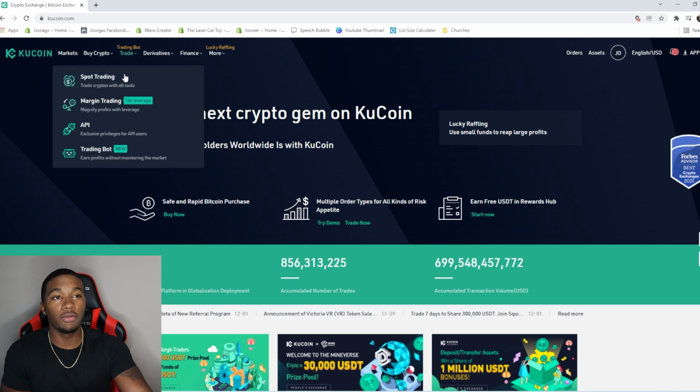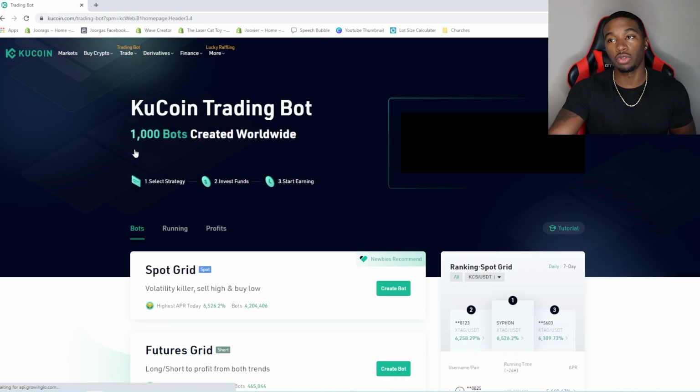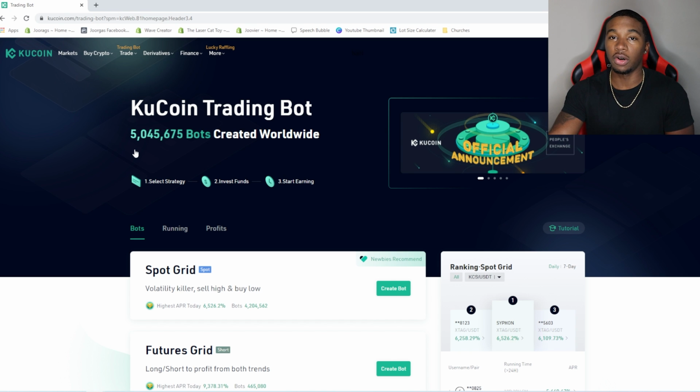All you're gonna do is hover over here and come down to the section where it says trading bot. It says new, but it's actually been going on for a little while now. As you see, there's 5 million bots created already. And the cool thing about this is that you can interchange and adjust a lot of the settings